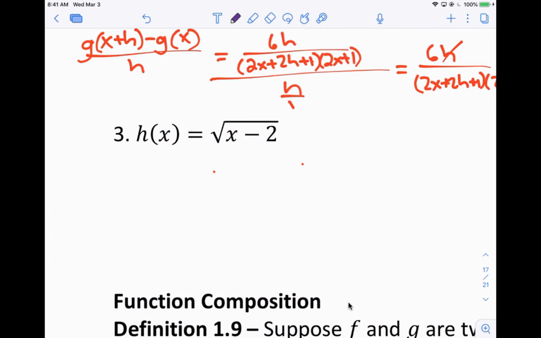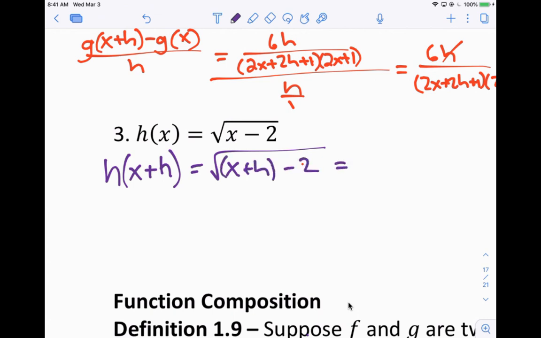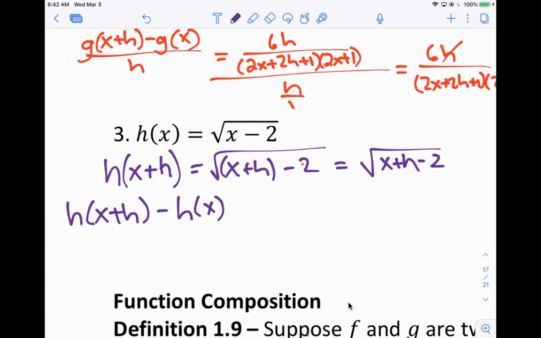All right, h of x, we got to find h of x plus h. That's going to be really fun, but that's okay. That's just the name of the function. We don't really need to worry about that function name, h. So the square root of x plus h minus 2. I mean, that's just the square root of x plus h minus 2. Cool. All right, so now we're going to take that minus the original function, square root of x plus h minus 2 minus the square root of x minus 2, which